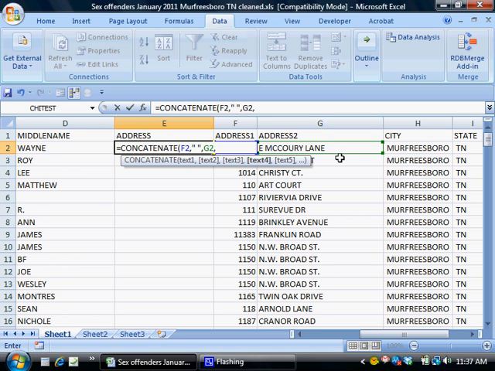Now I want there to be a comma and a space between the name of the street and the city. So I'm going to tell Excel that by, again, starting with a quote mark and typing a comma and a space, and then a quote mark, and then another comma to move on to the next field. That would be the city name here. I'm using the arrow keys on the keyboard to move around. Type a comma,